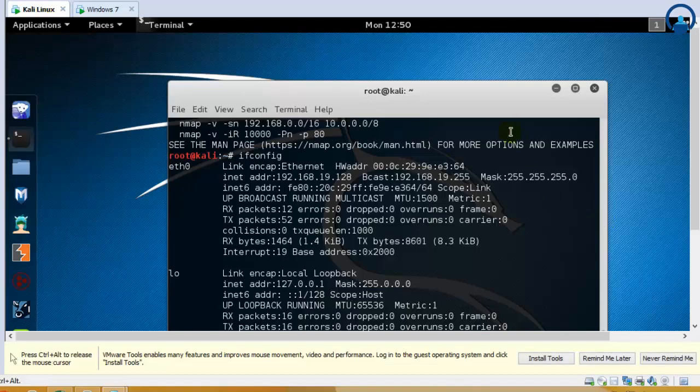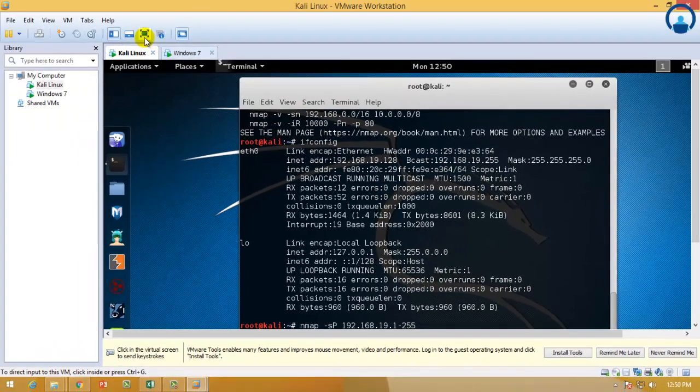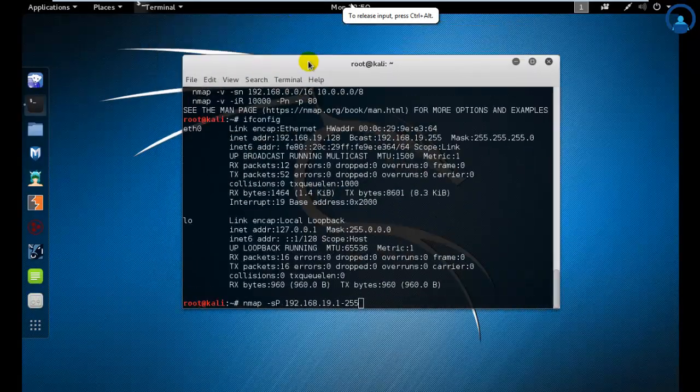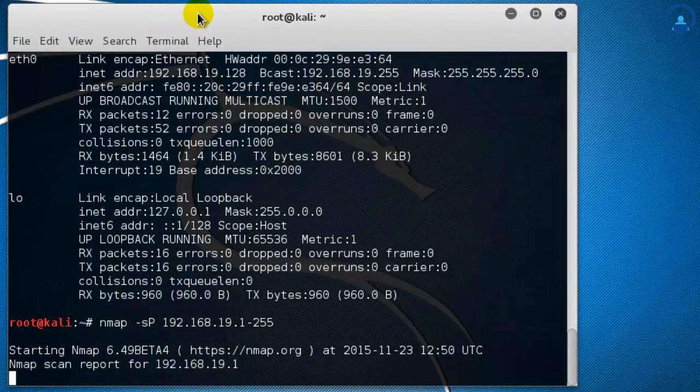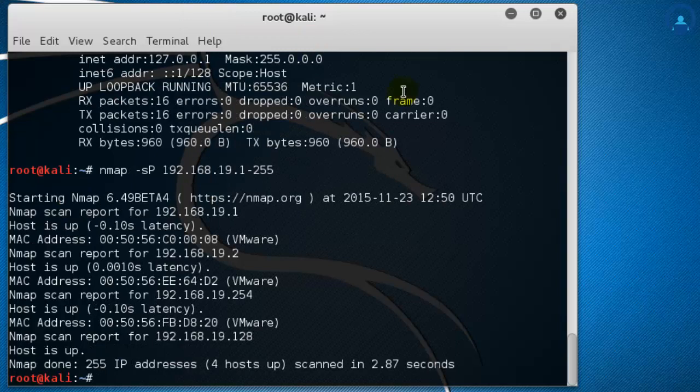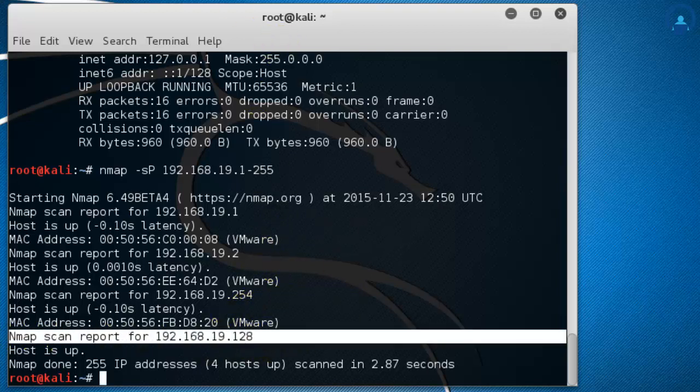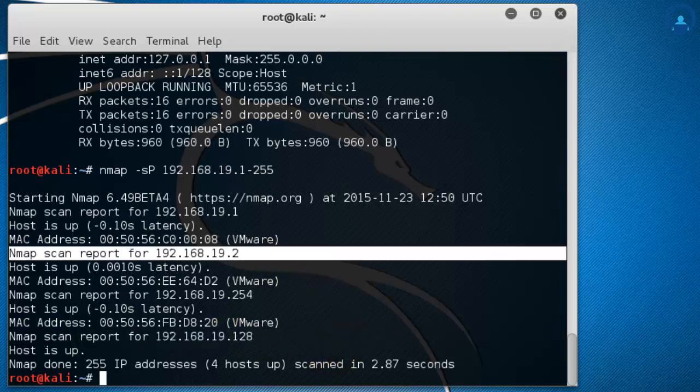And by the time this gets installed, let's come back over here and I'll just full screen it. Okay, so this is how it looks. I'll just click on enter, and it will go ahead and scan all the information that I have over here. As you can see, one of these must be my host operating system, and the other one is obviously my Kali Linux itself. I know that 128 is the Kali Linux itself, and 1.2 is another VMware